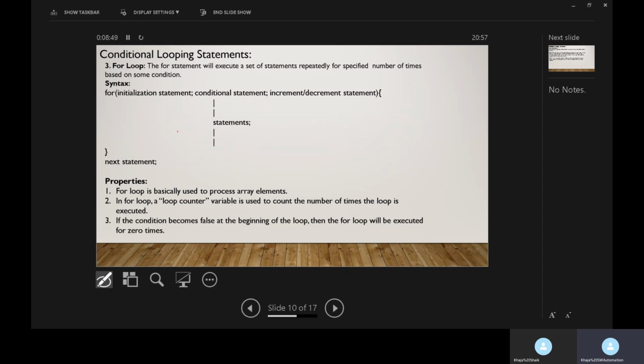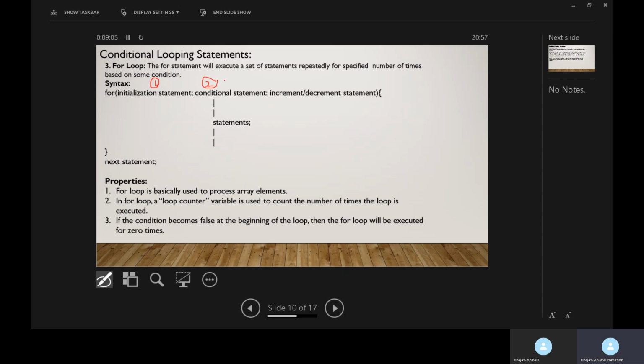Let's see how this for loop will work. First, the initialization statement will be executed, and after that the conditional statement will be executed.